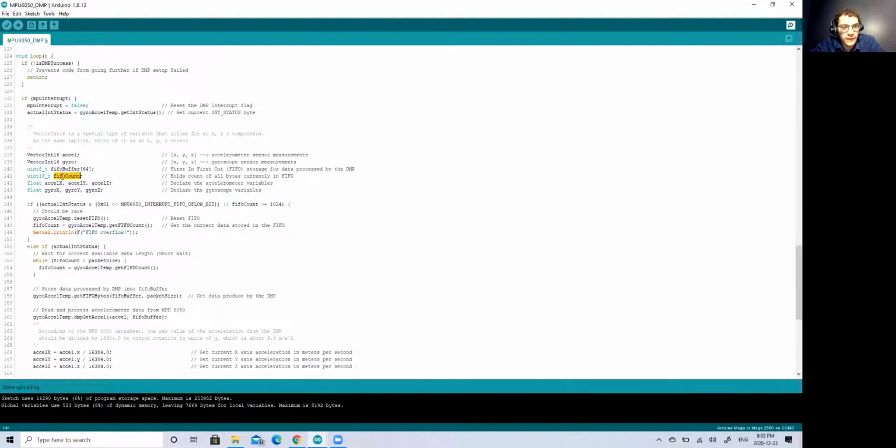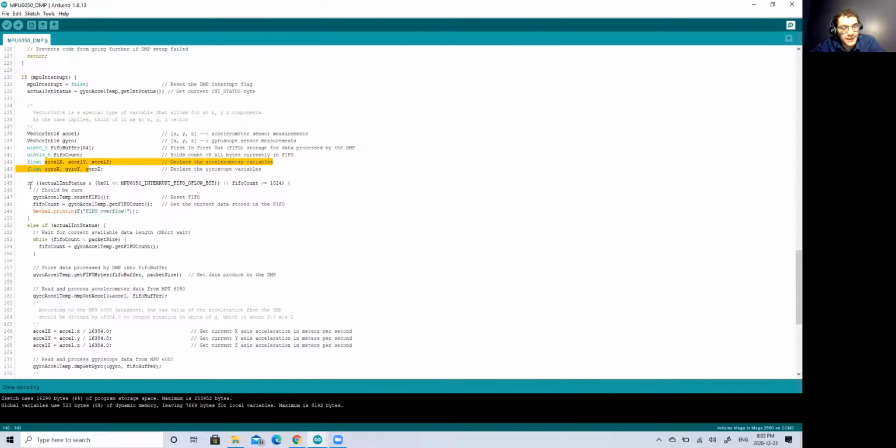And then here we include the FIFO count. The FIFO count will just include the amount of data that has been processed by the DMP. Okay, and then we have our normal accelerometer and gyroscope variables. In this case here, this code is important. This code is for if the